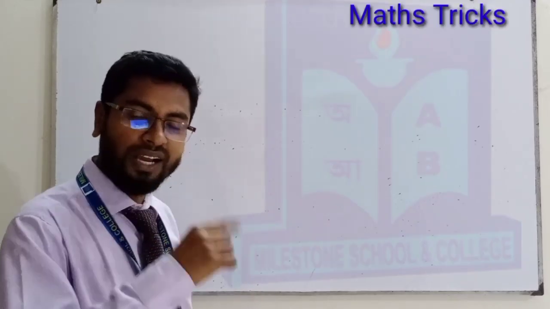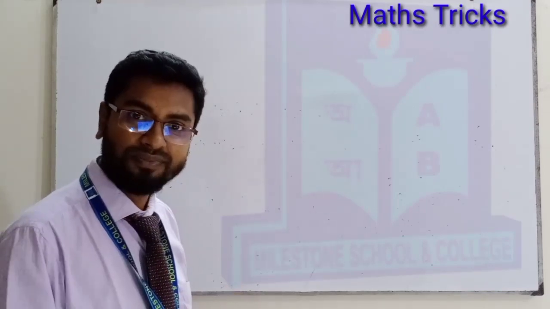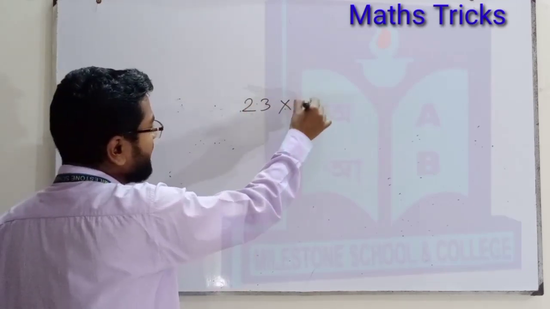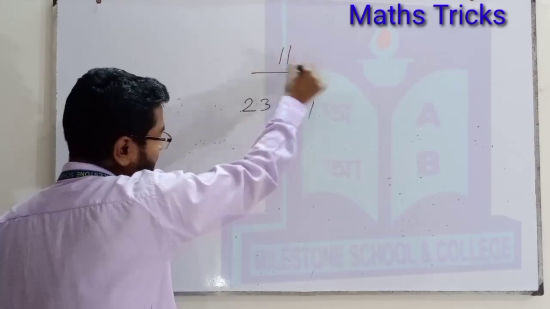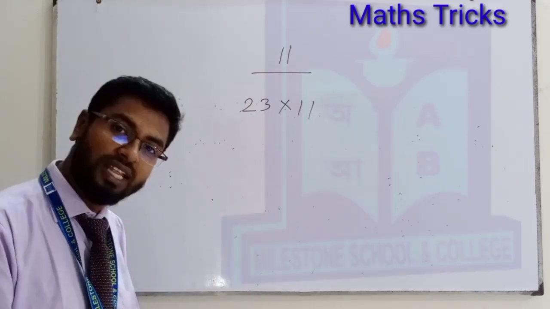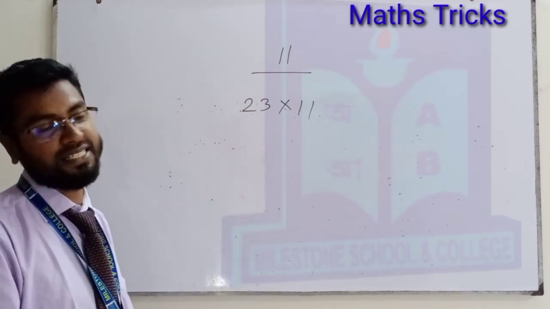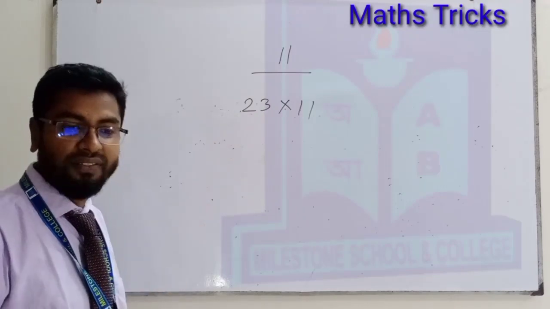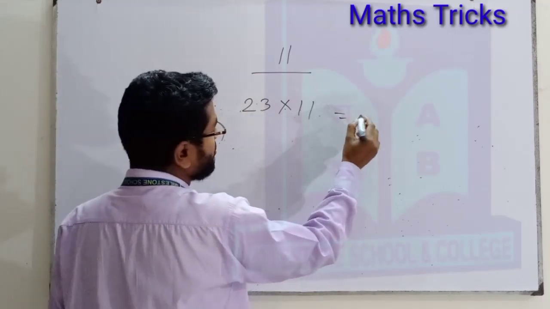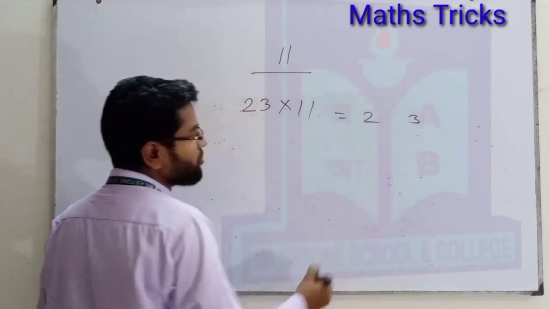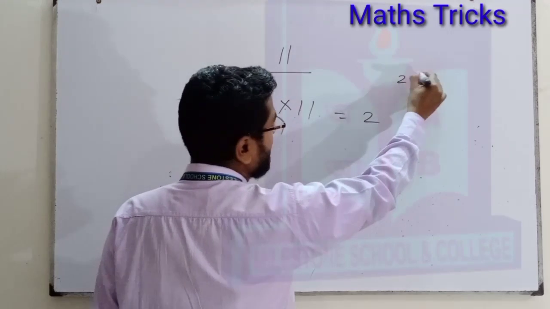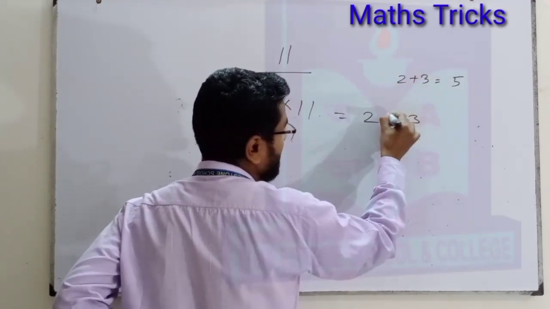Now I will show you the tricks. See, 23 multiply 11. Actually, it is a trick for 11. Only for 11. We have a lot of tricks. Today we will learn the multiply-by-11 trick. So 23 multiply 11, what will it be? Actually, it is very easy. These two digits will be on two sides. In the middle, it will be the addition, 2 plus 3. What will be here? 5. That 5 will be there.